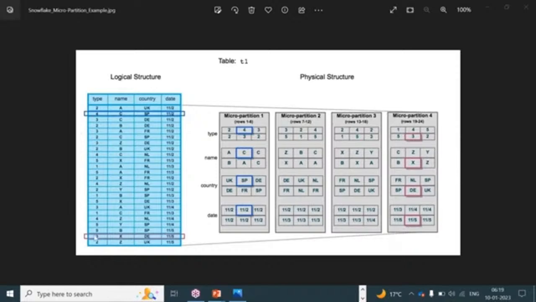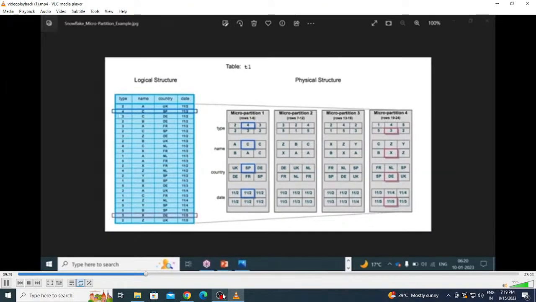This is our traditional structure. In the case of Snowflake, the data is stored in micro partitions in column format. See here, type is one column, name is another column, country is another column, date is another column. This is a row format, and this is a column format. So your first record